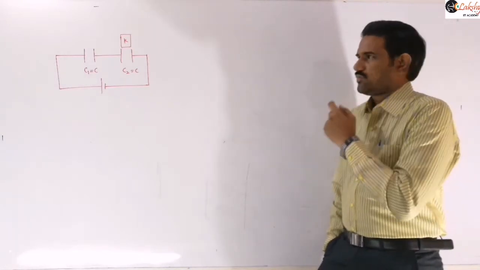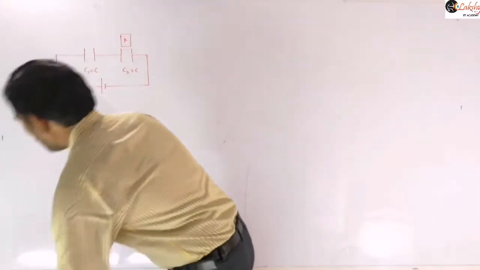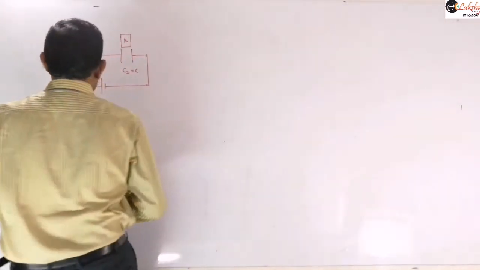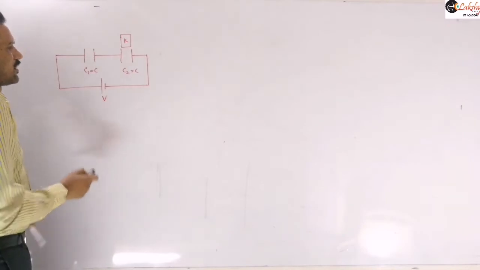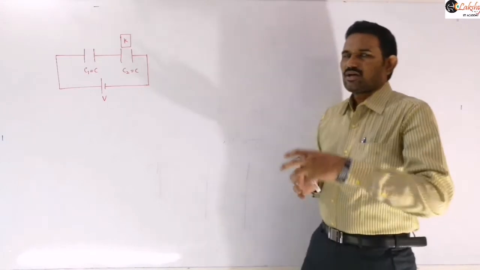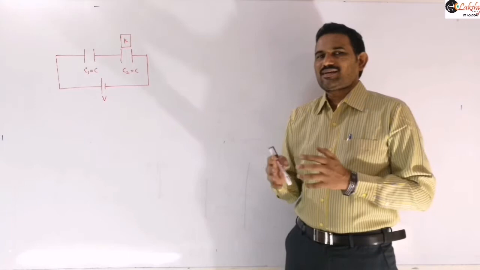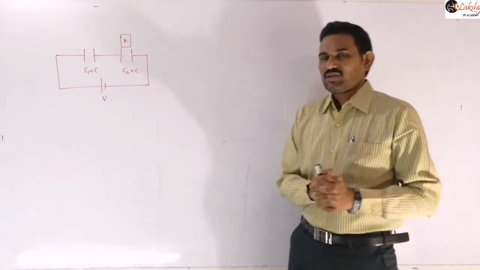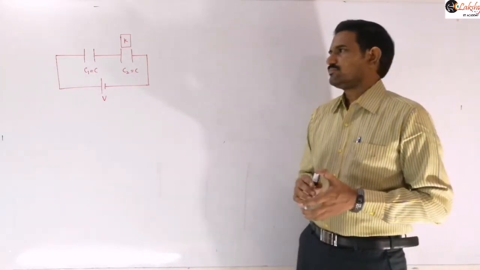So I am taking one of the problems here. Two identical capacitors are connected in series to a cell of EMF V. Let us consider the EMF of the cell is V. Then after completion of charging, we are introducing this dielectric, so that we need to calculate the final charges on the capacitors and the final potential difference across the capacitors. So we need to discuss those parameters, right? So write it as a problem.